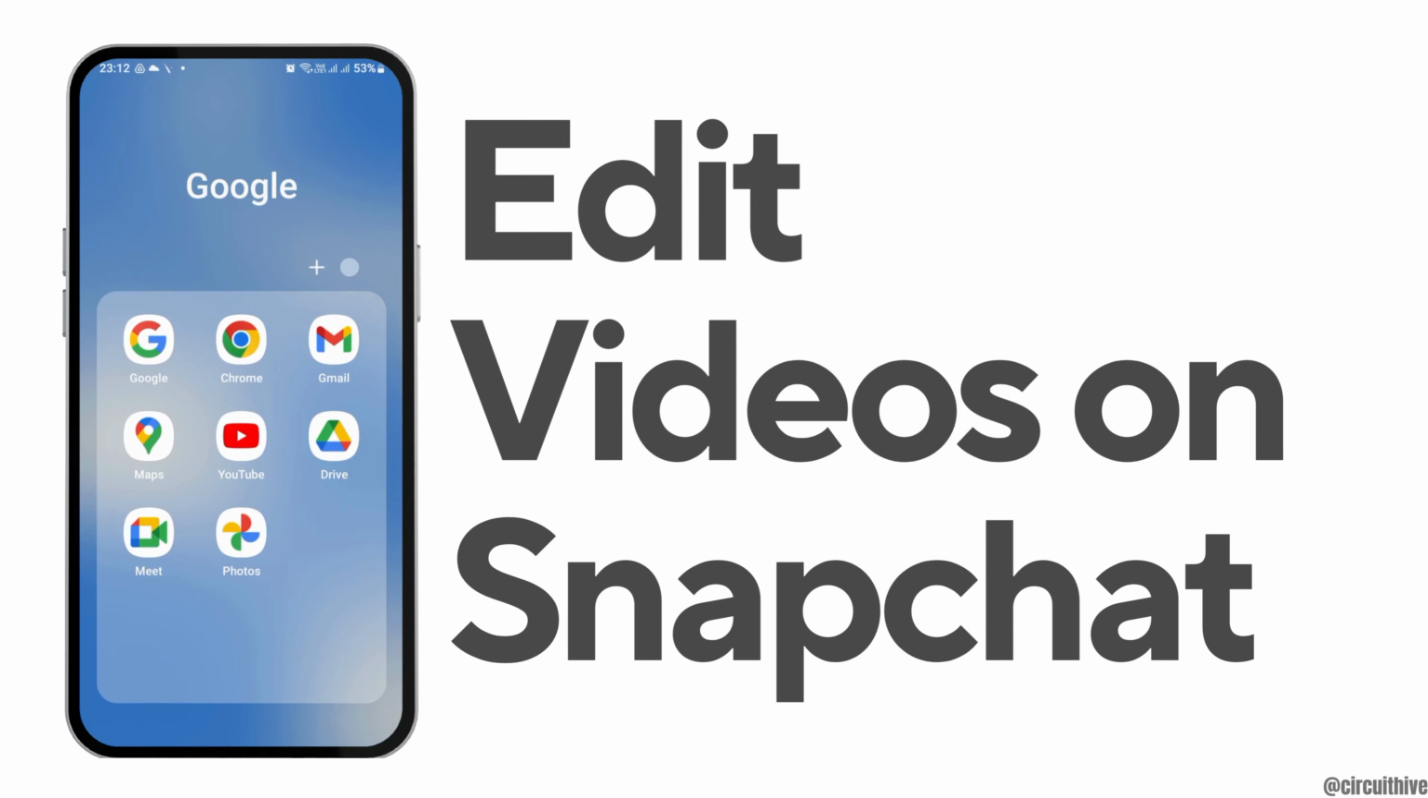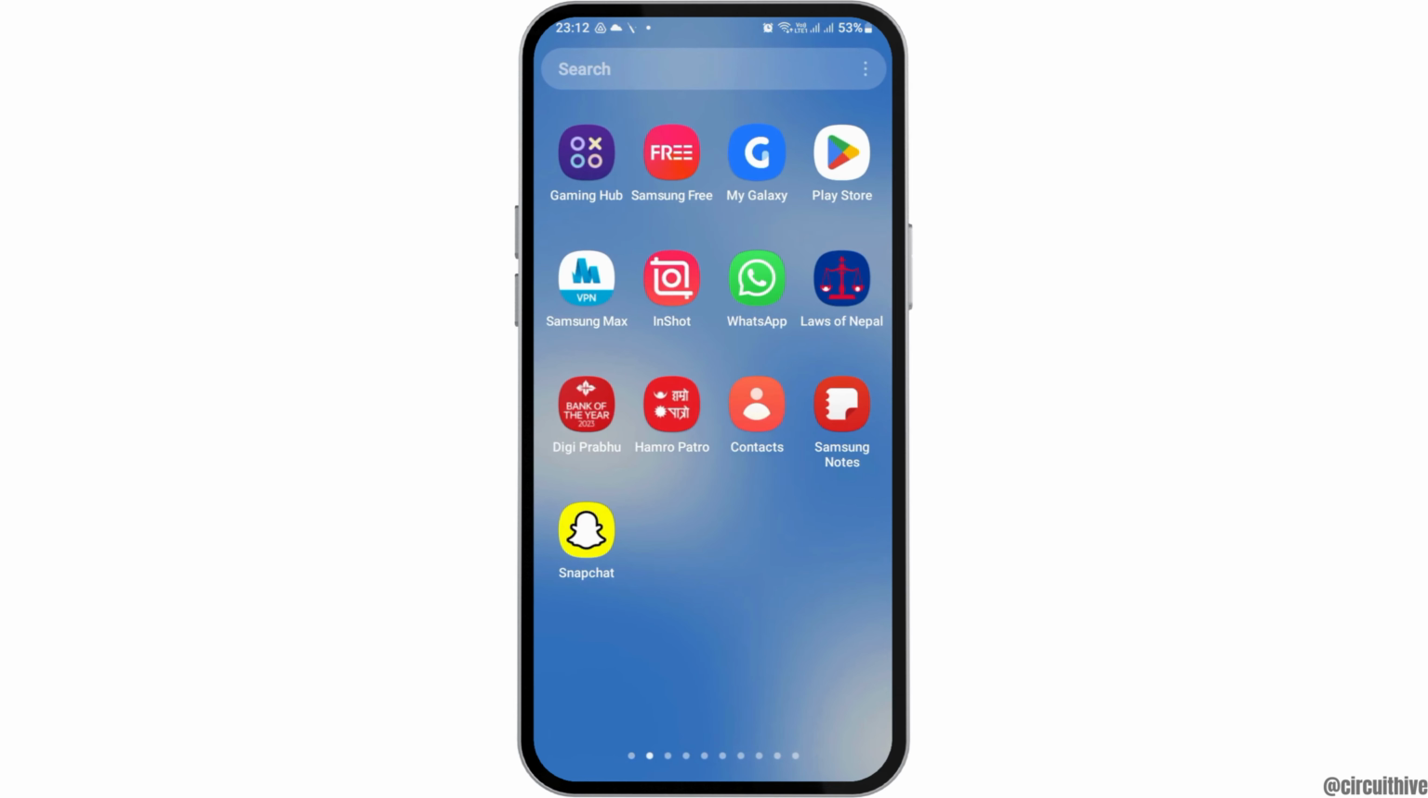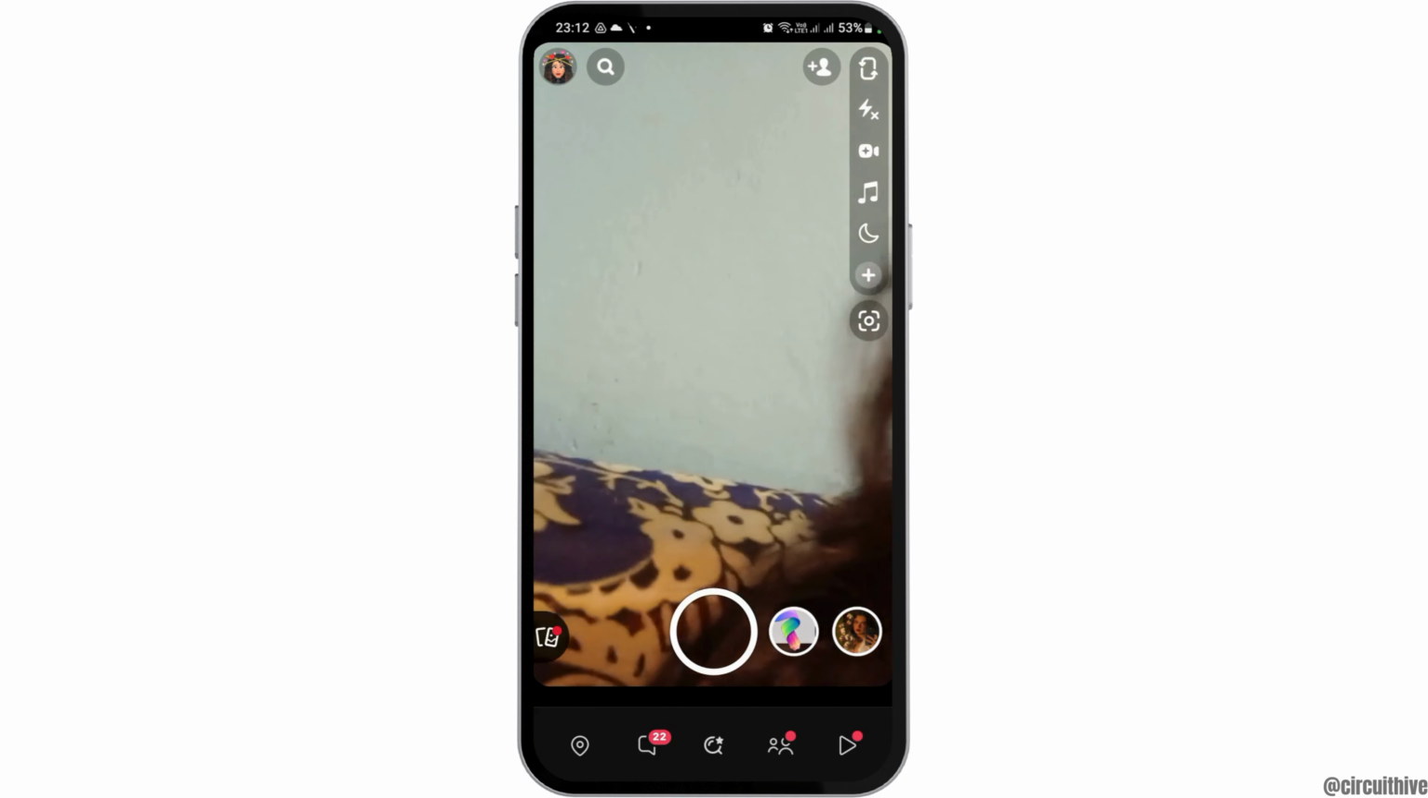How to edit videos on Snapchat. If any of you are a Snapchat user and you would like to edit the videos on Snapchat, just follow the following steps. For this, first of all, you have to launch the Snapchat application on your mobile device, and then you can just